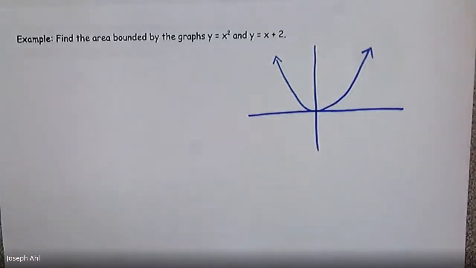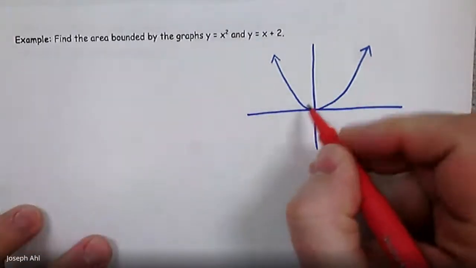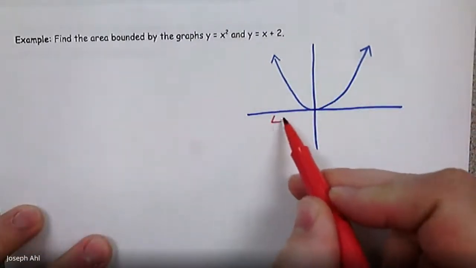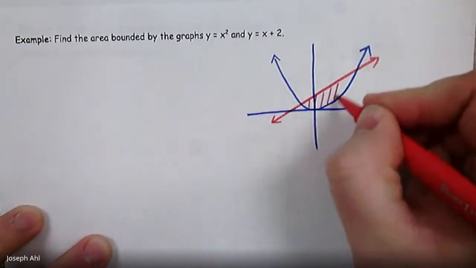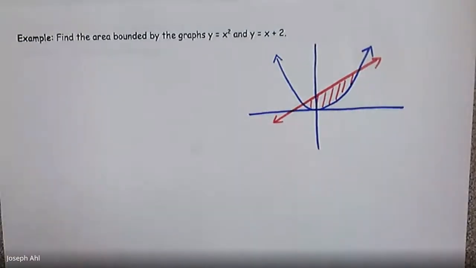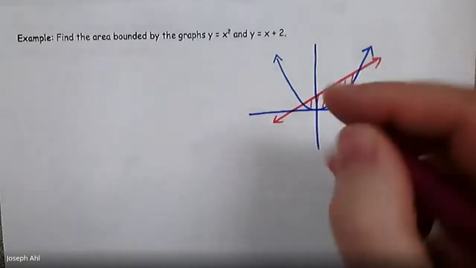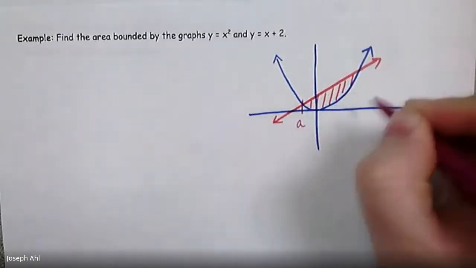And then y equals x plus 2, a linear function with a slope of 1 and y-intercept of 2. It's going to look something like this. I'm going to find this area right here. So in order to find that area, we have to figure out what are the values of a and b that we're integrating. So in other words, what are the x values for these points